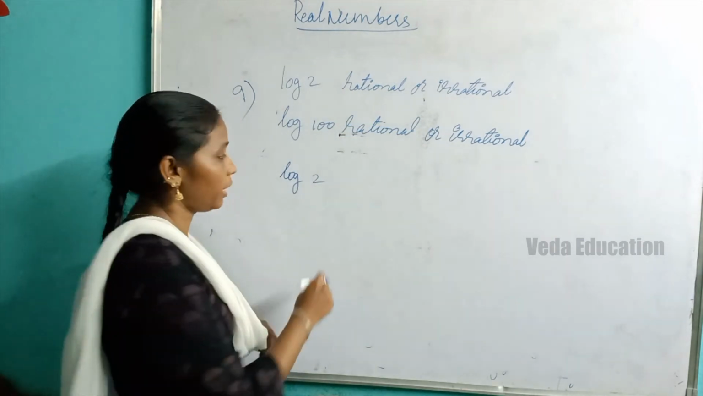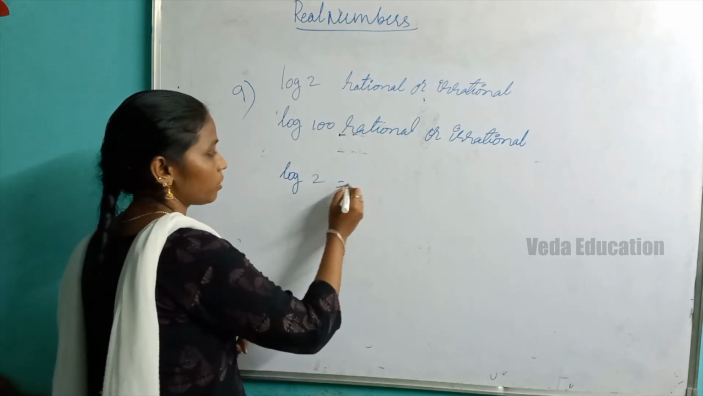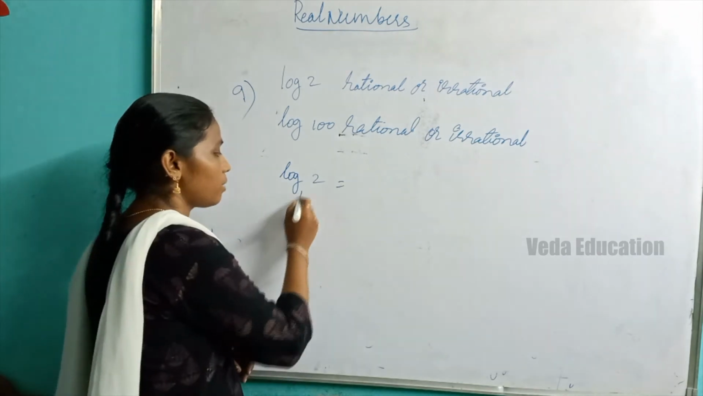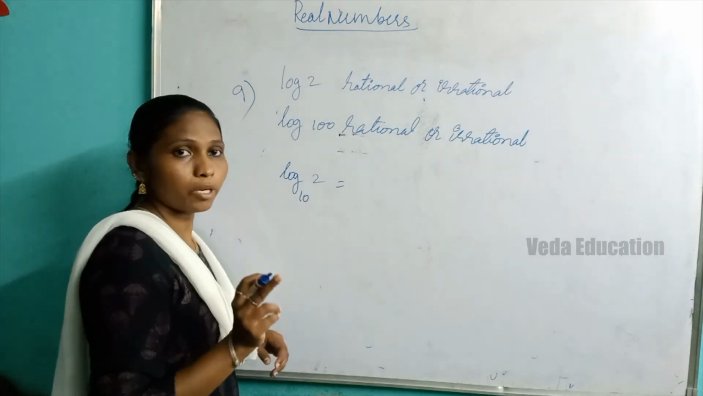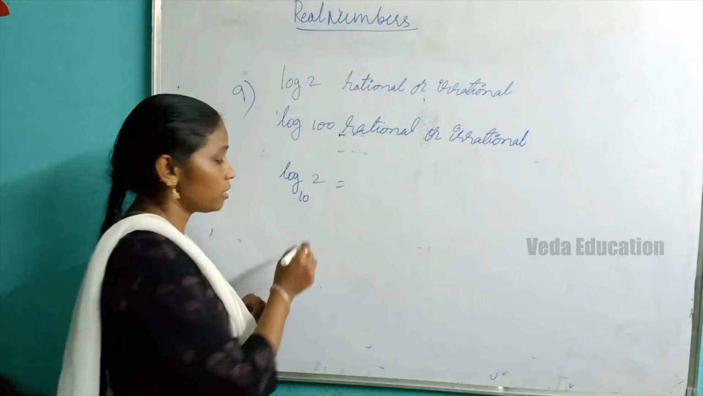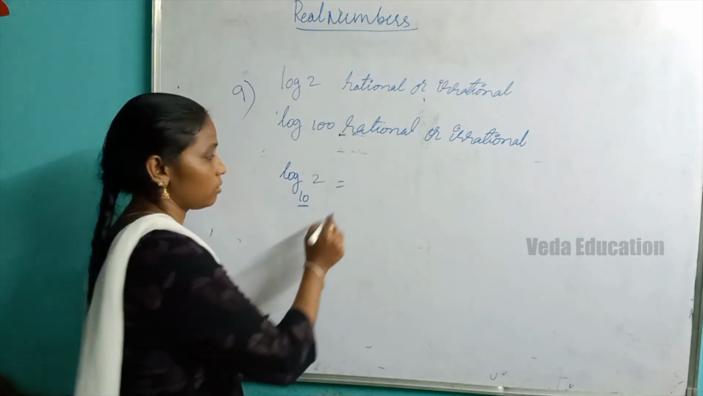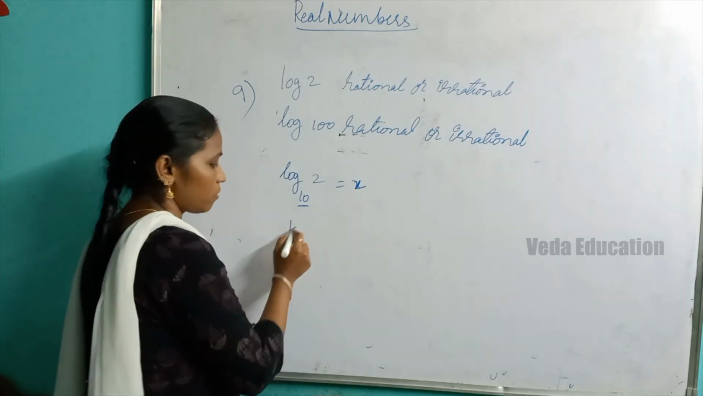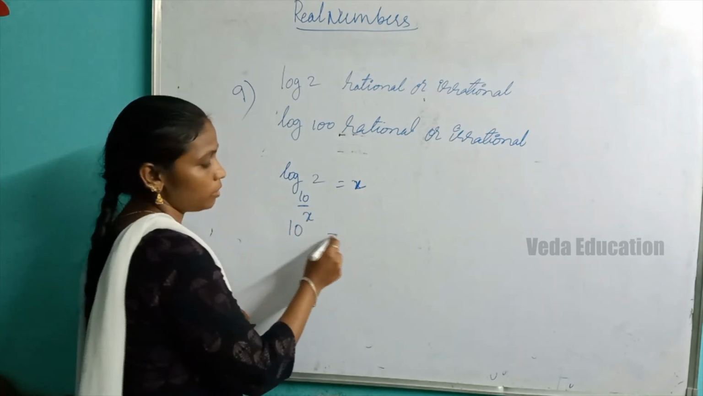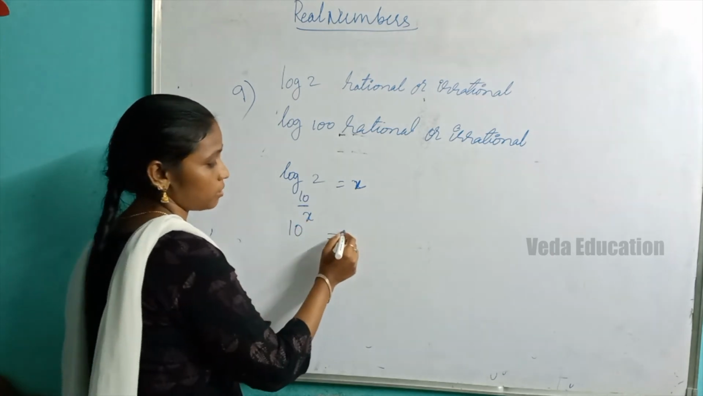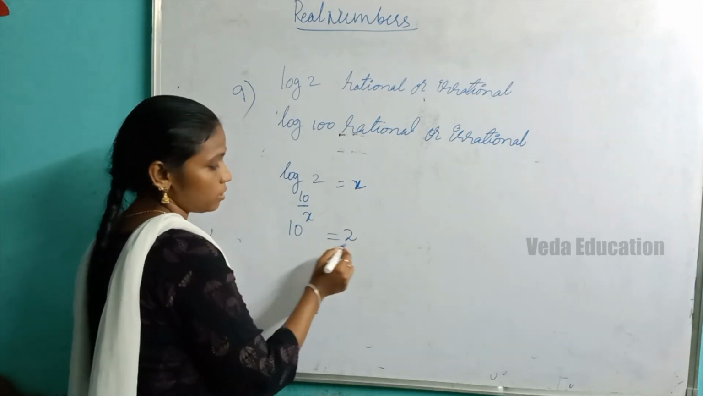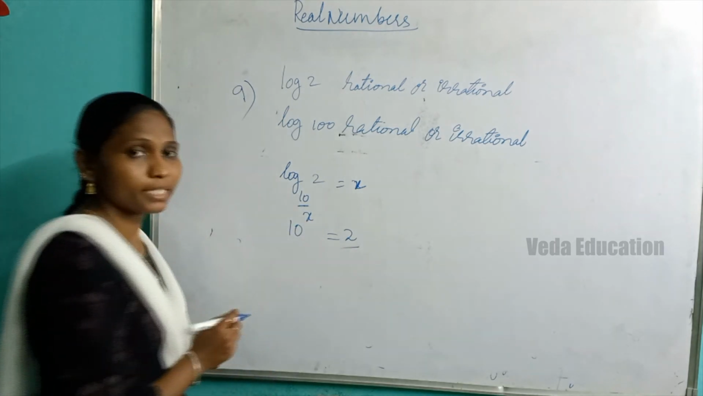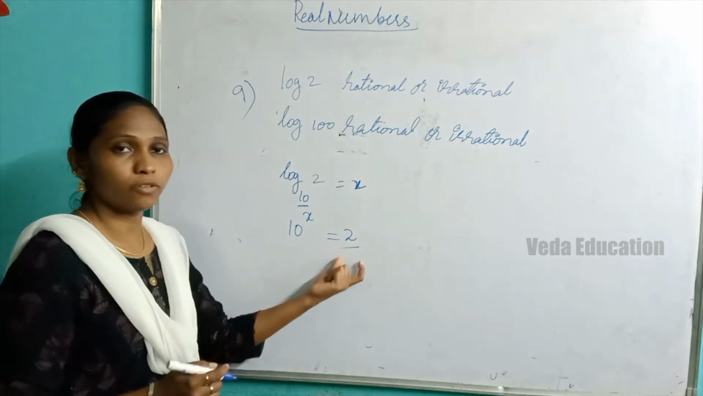consider this log 2 and find this one. If any logarithmic number doesn't mention any base, consider that as the 10 base. Okay, remember in your mind, if they have not mentioned any base, consider that as base 10. Now this value, we don't know, is x. Now write in exponential form. When you are writing exponential form, these 2 and x will interchange places. Now how much to raise this 10 to